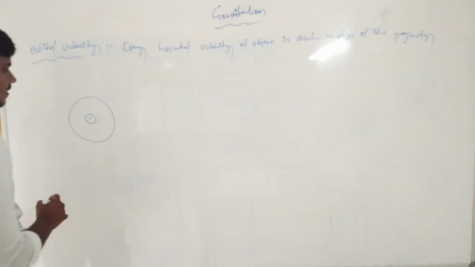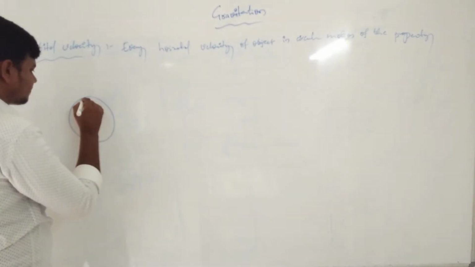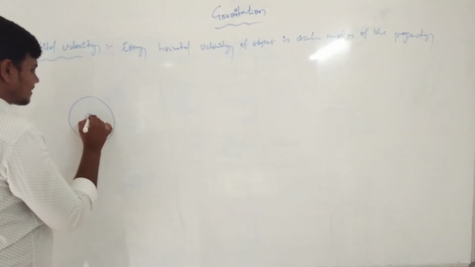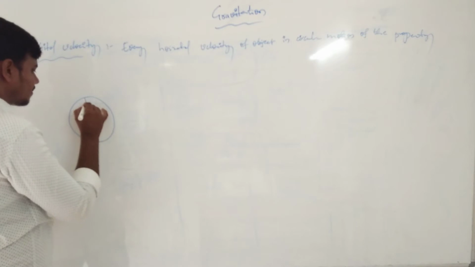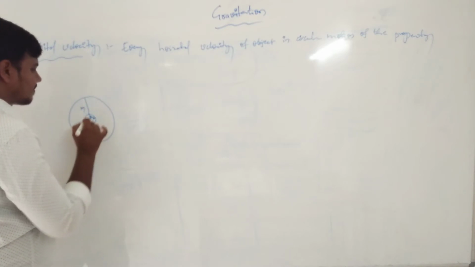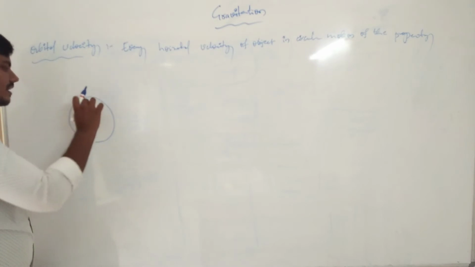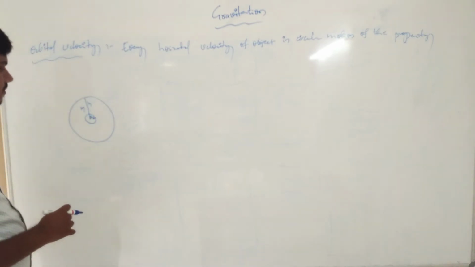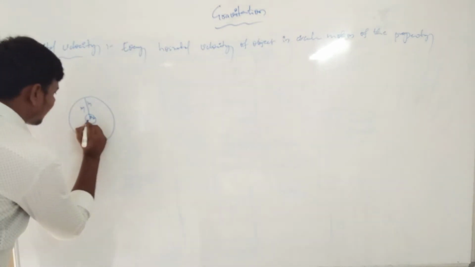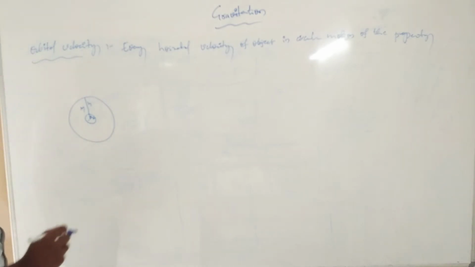Okay, now we can take it. This is the radius of the Earth, RE. This is the total mass of the body, m. This is the height of the object, h, which we are introducing. This is the ordinary point, and this is the mass of the Earth, M E.